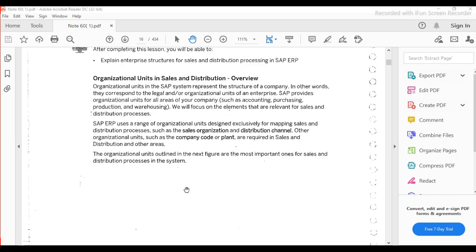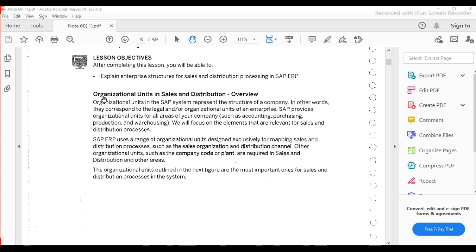So these are the org units. Now let's read one by one. Organization units in the SAP system represent the structure of a company. I already explained what an organization is. It is the structure of the company. In other words, they correspond to legal entities and organization units of an enterprise. A legal entity means it has some physical address and is legal. You have to follow some rules and regulations of the country